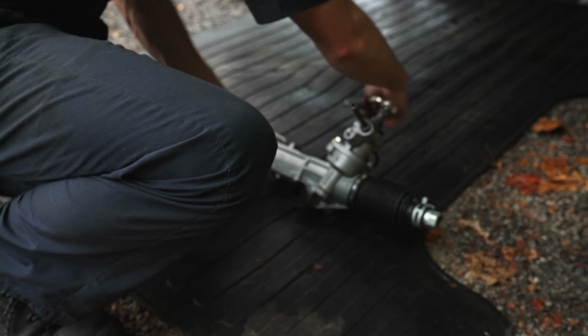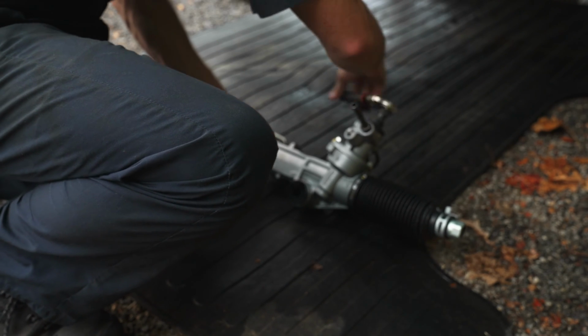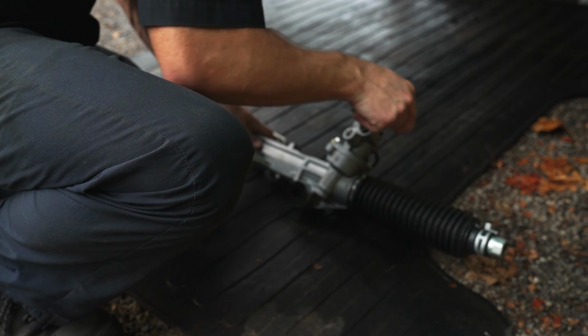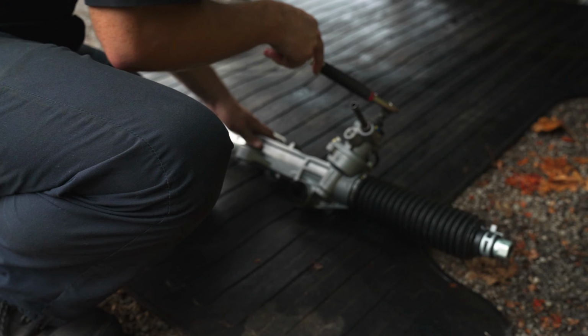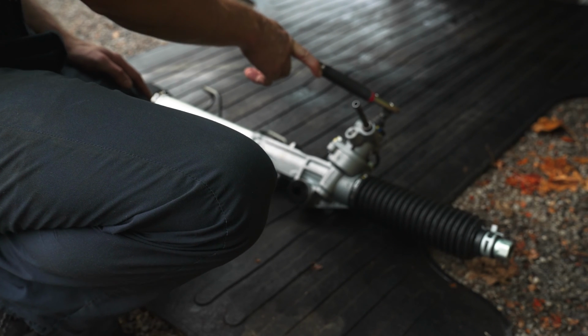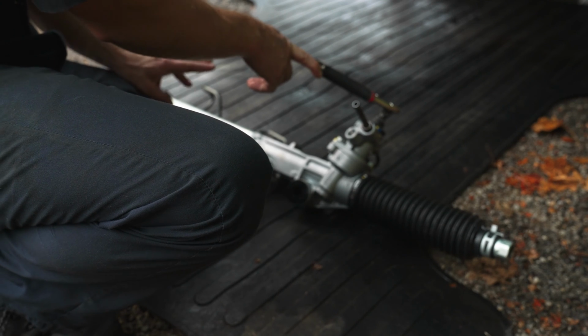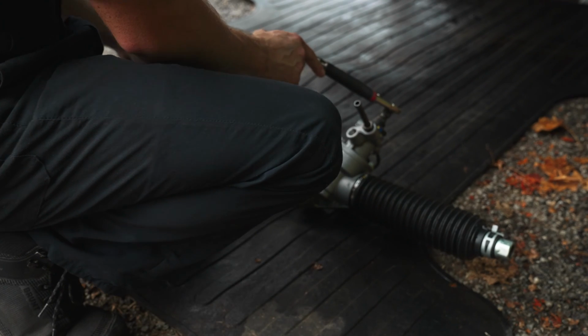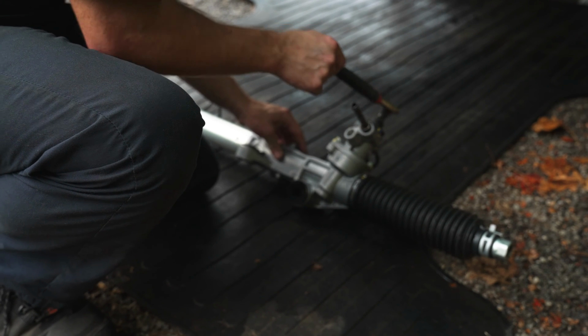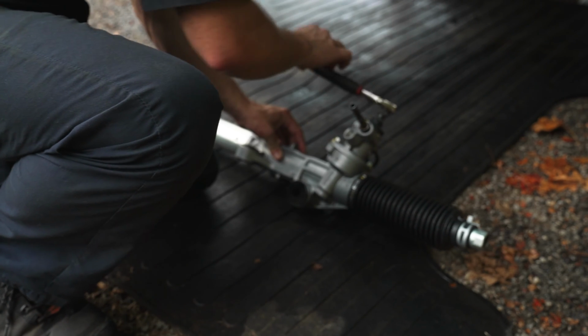So it's 1, 2, 3 and a half. So 3.5 turns to get us all the way to lock the other way. So I just need to divide that by 2, which is 1 3/4. So we need to go back 1 3/4 turns. So we're gonna go 1